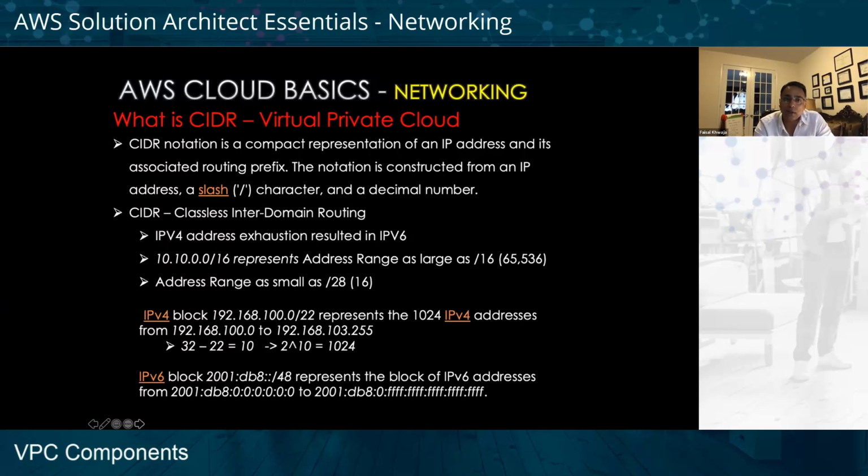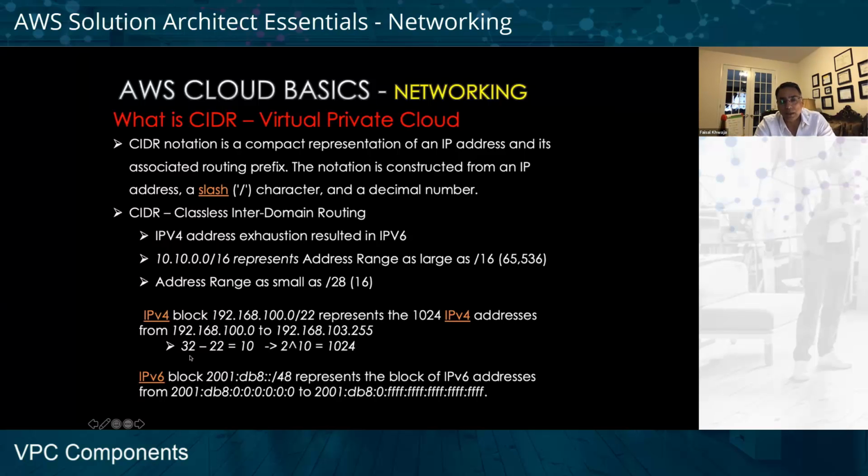Okay, what is a CIDR address, right? A CIDR notation is a compact representation of an IP address and is associated with a routing prefix. The notation is constructed from an IP address with a forward slash and a decimal number. For example, I've given you this as an example, 10.10.0.0/16, right? And this is the formula I was talking about, right? So it would give 32 minus, in this case,